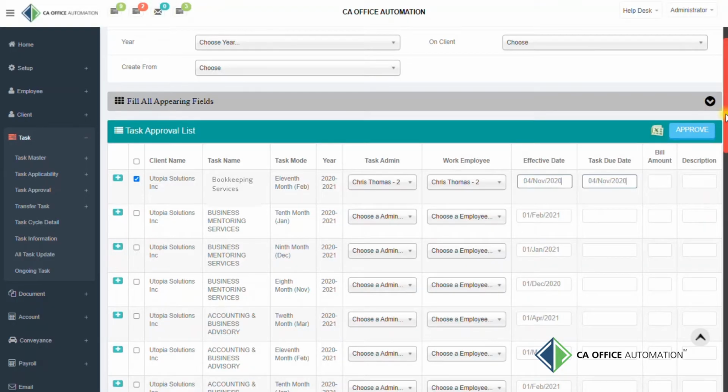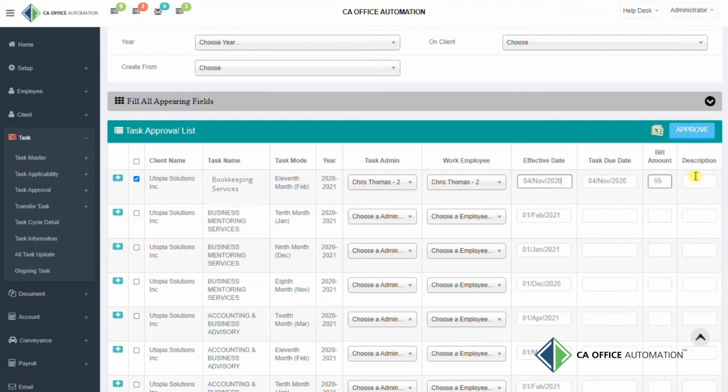Choosing Task Admin has two benefits. 1. If an employee is stuck at some point, he or she can take help from the Task Admin. 2. If the employee selects pending for approval status for a particular task, it will go to the Task Admin for approval. Effective date means the date on which the employee will get the work on their dashboard, and if the employee is not logged in, he will receive notification through email or SMS. In the same way, Task Admin and employee will be notified on the due date of their task. Here, we select today's date as the effective date.